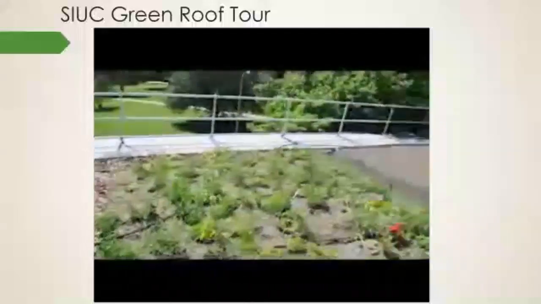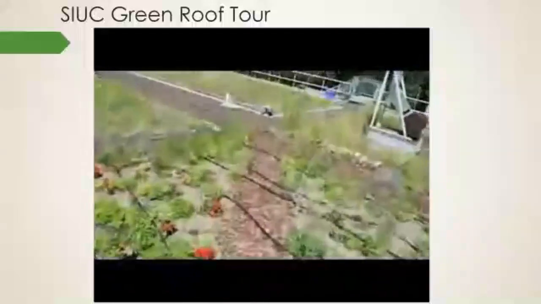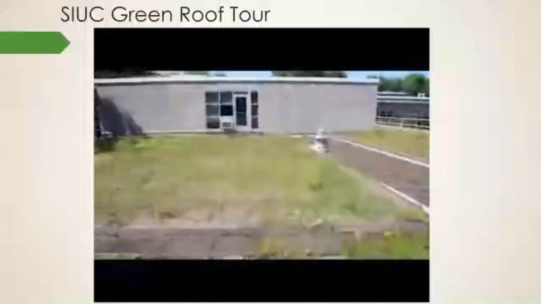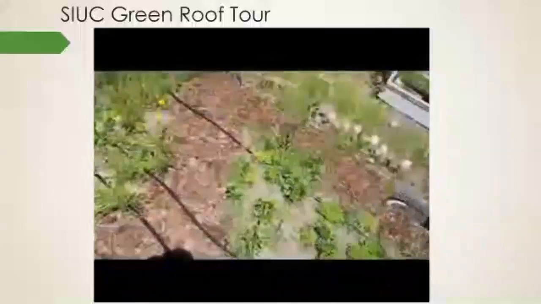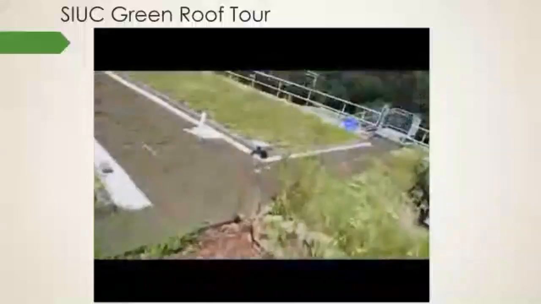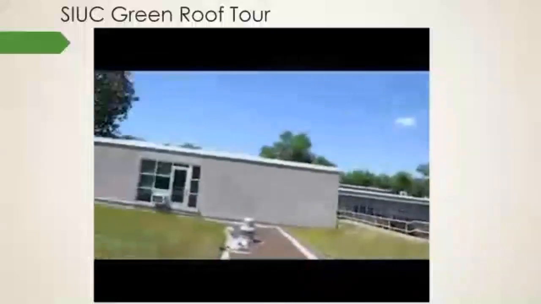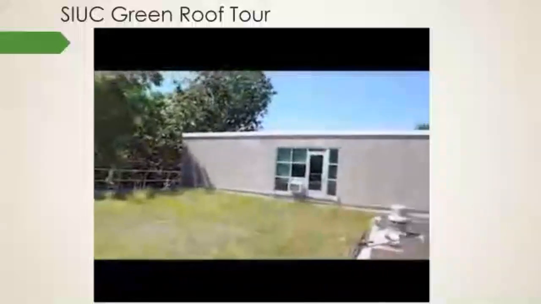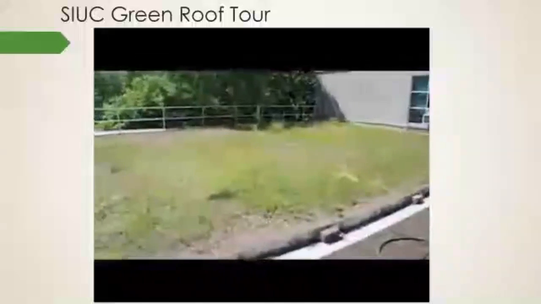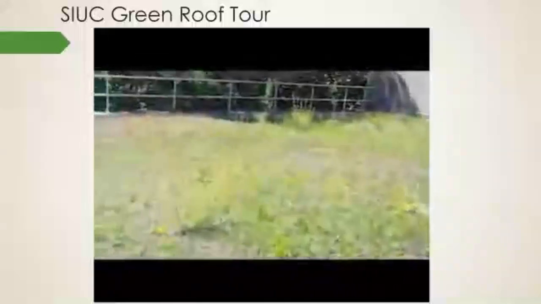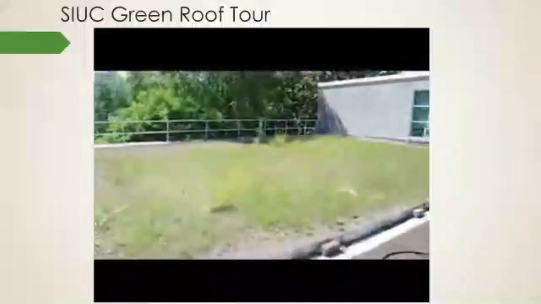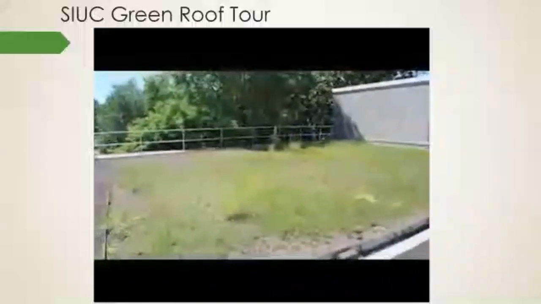Now I think we'll switch back and quickly take a look over at this section here. It doesn't look like there's a lot going on, and if we look down here, we can see our drip tape working. So we water pretty much everything on drip tape on the roof. And here we've got mostly wildflowers in this section, and right now what's really coming up are the black-eyed Susans, but a couple weeks ago it was pretty much all coreopsis.